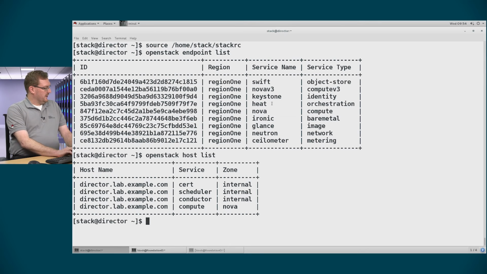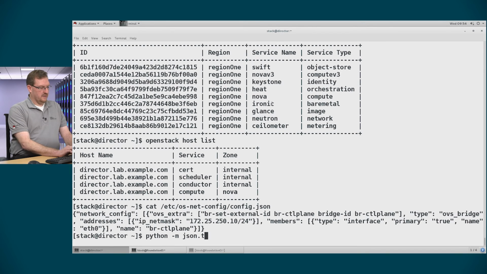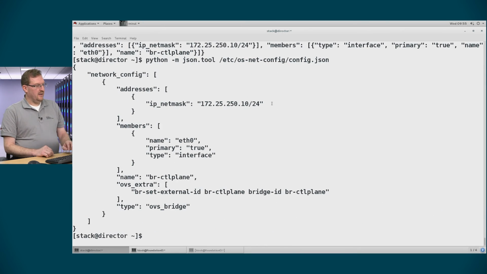Let's see, let's check a couple other things. So first of all, if I cat out the os-net-config.json file in /etc, that shows me the settings that we used for networking for this deployment. And actually there's a quick trick that you can do if you want to have a more human-readable format for this. Python has a great filter for JSON. So if I run python -m and use the json.tool module and put in that file,